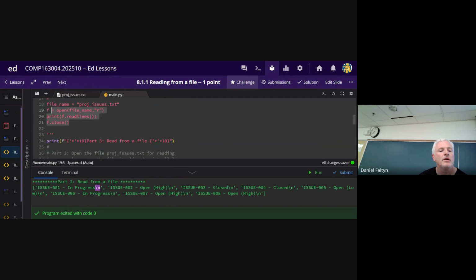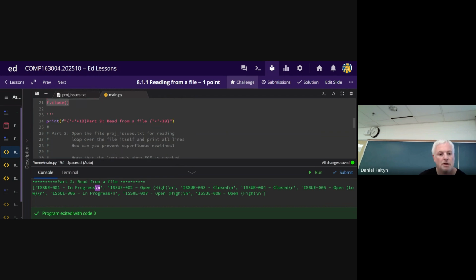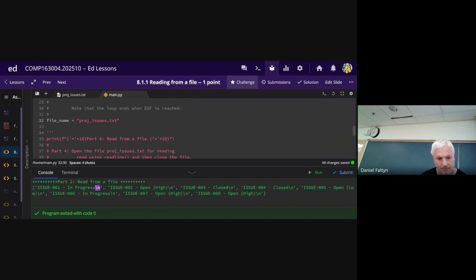Okay, so let me take the code I already had. I have my file. Now, a file is iterable. So I can say for line in f, and then here, I can just say print line.